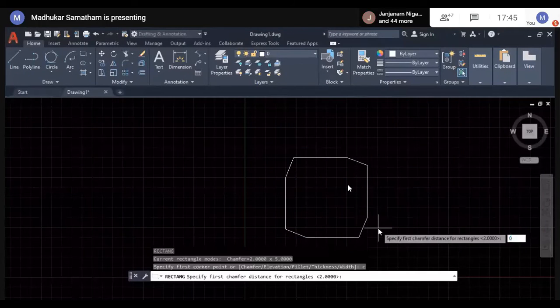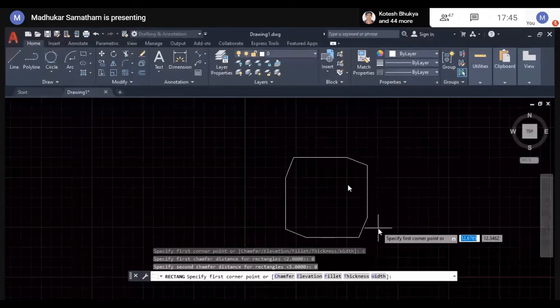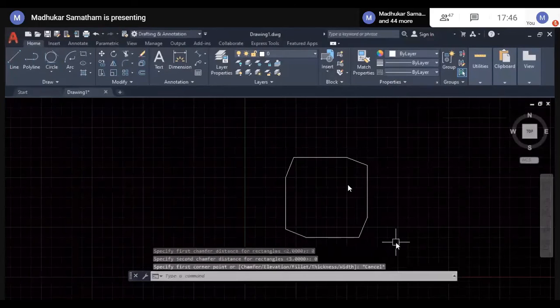Again 0. Now it won't take any chamfer distance. You can see rectangle. (20, 20).